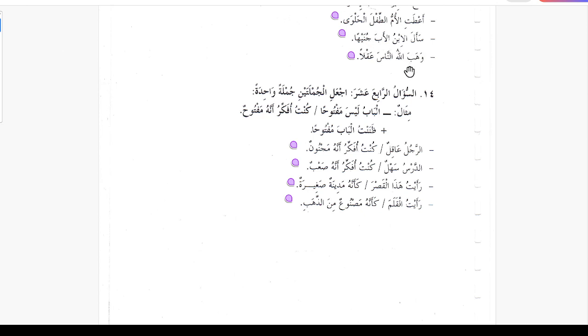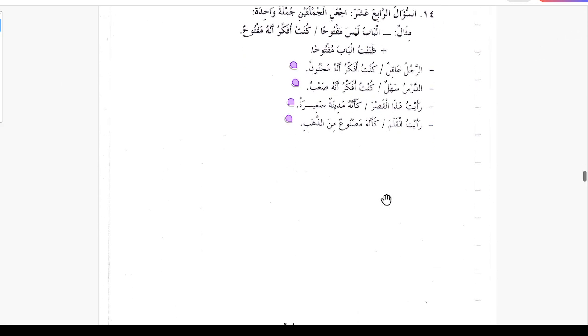In the passive form, wahaballahu nasa aklan. Allah subhanahu wa ta'ala, he granted people the brain, the mind. So wahaba is the verb that takes two maful bihi, and an-nasa is the first maful bihi, aklan is the second maful bihi. Allahu, Allah subhanahu wa ta'ala, this is the file. So in the passive form, Allahu, the file, is going to be out, so we are going to say wahaba will change to wahiba. An-nasu, the people were given aklan, brain or mind.